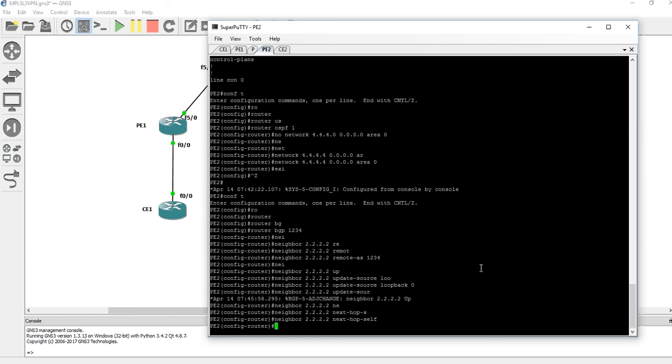Here I have used the update source loopback interface. So the idea is that when there are multiple paths, it's better to use a loopback interface with an IP address and to advertise that into your IGP. A physical interface can go down, which means the IP address on the interface is no longer reachable. A loopback interface never goes down unless the router crashes or is manually shut down, because the update source loopback interface is the good